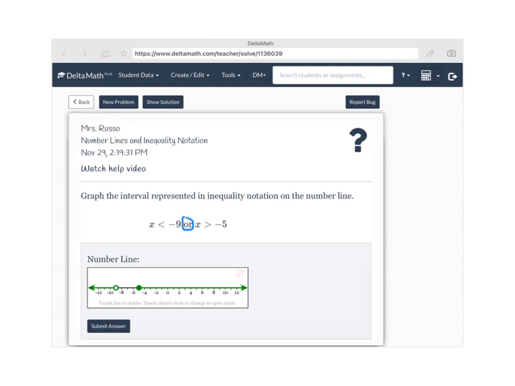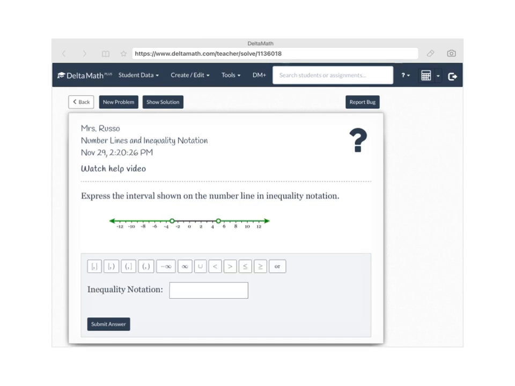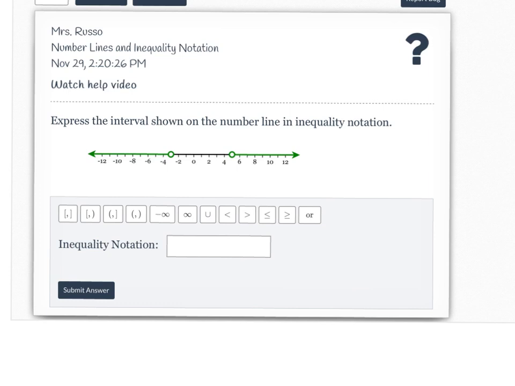So an or statement, and again, my iPad's doing weird things here. Or statements look like that. If I'm shown an or statement, if I'm shown something where I have those two ends of the number line here and then I'm being asked to express the interval, notice in the choices that they've given us, we have the word or here. Or is one of our choices. So what I would do if I'm typing in that answer is I would say x is,